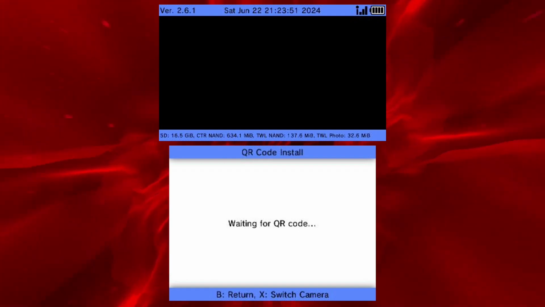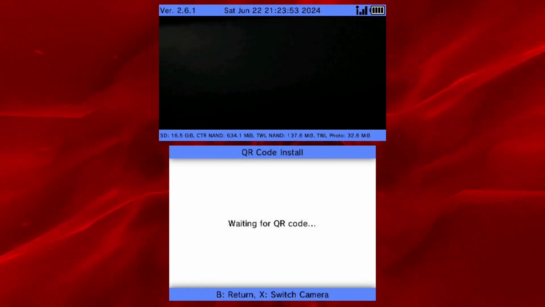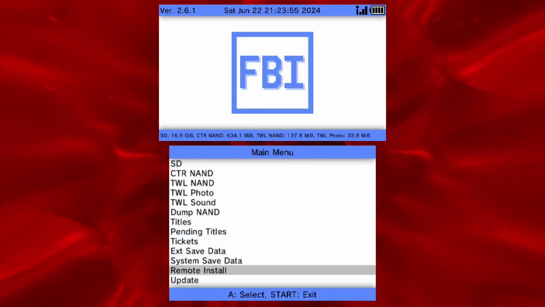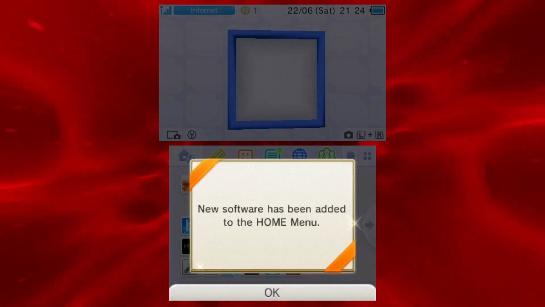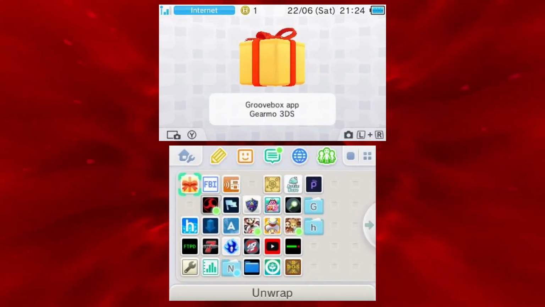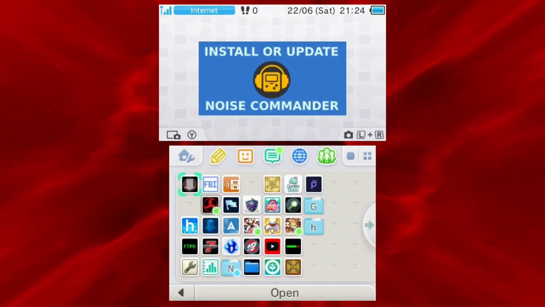I've been working last weekend on improving the installation process a little bit. So yeah, press B a few times and then start to exit FBI. So here we have our installer app. If I open it,